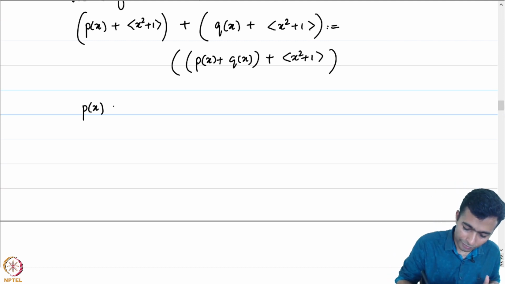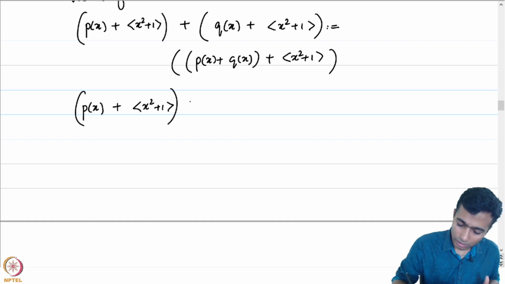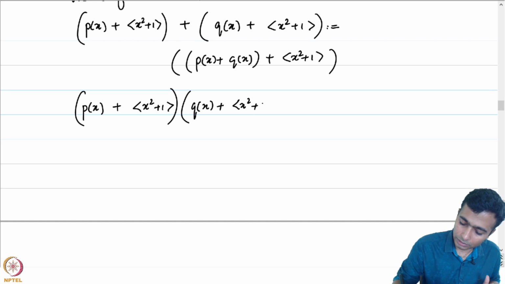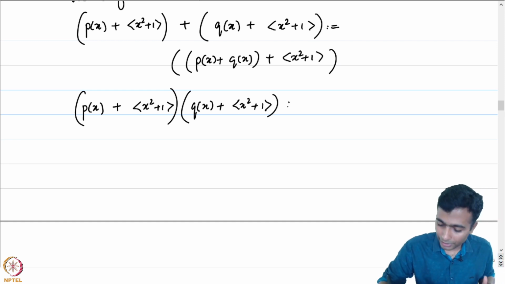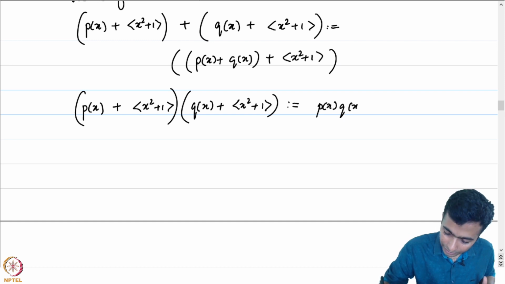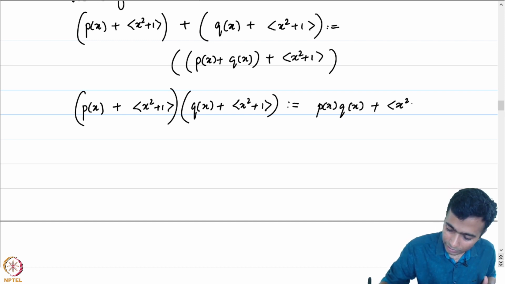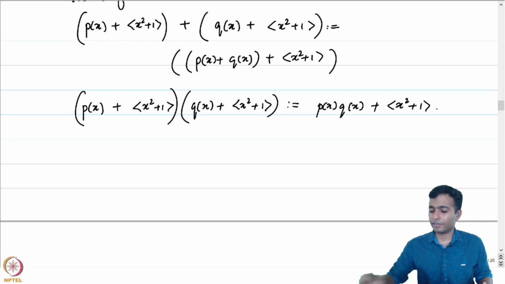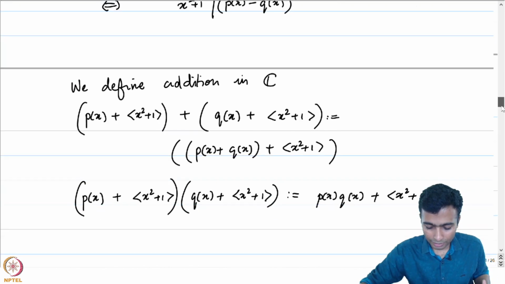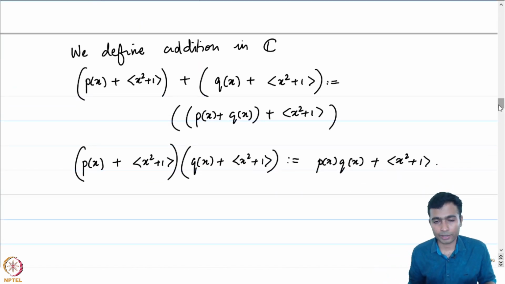And what about p of x plus x square plus 1 times q of x plus x square plus 1? This will be defined to be equal to p of x times q of x plus x square plus 1. These are the standard definitions of the addition and multiplication operations which are defined on the quotient